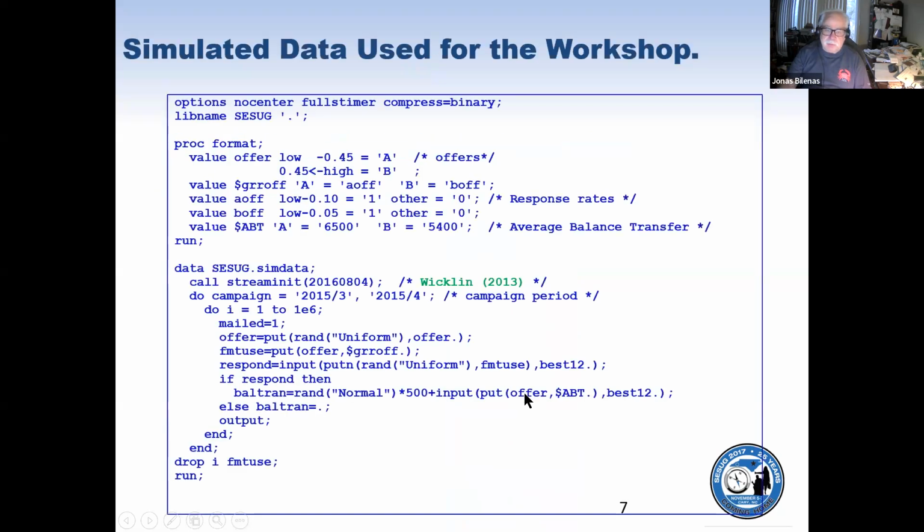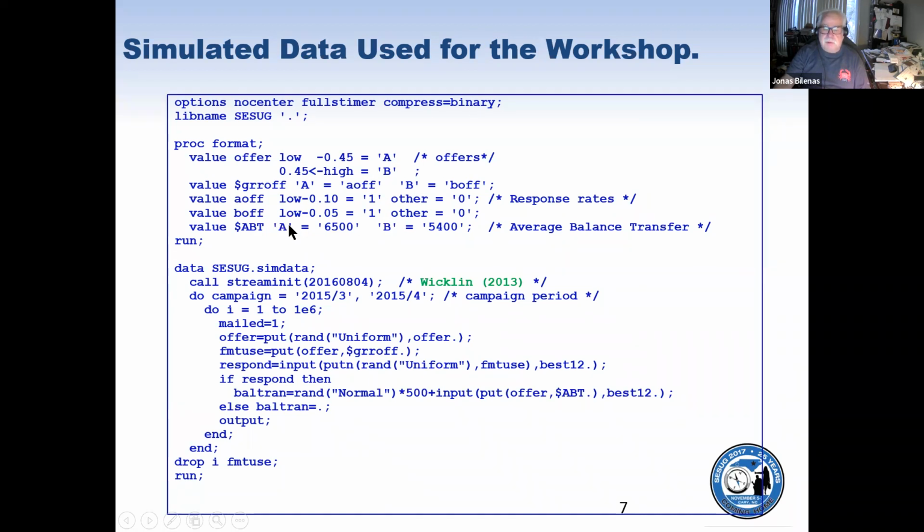And basically what I do is create the simulated data. And basically I like to use formats a lot. There are 2 different offers, A and B. Then we'll have the value of the offers. If it's lower than 0.1, you're a responder, otherwise you're not. If you're lower than 0.5, you're also a responder to the B offer. And then these are the values for the mean of the